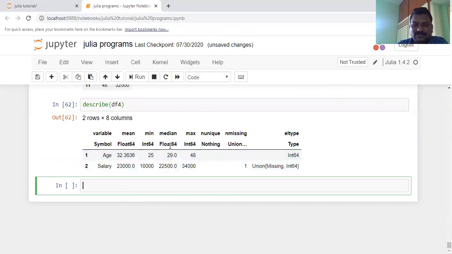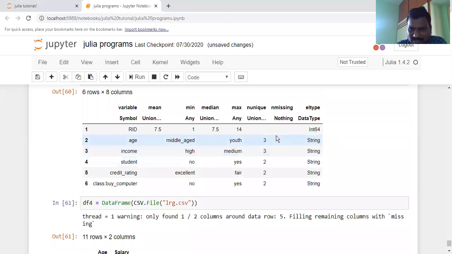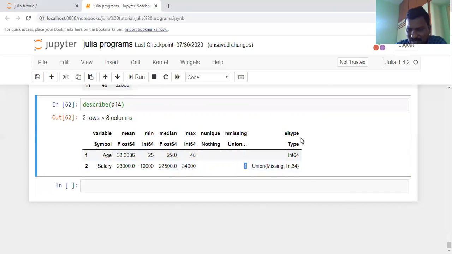Among the five, the middle value is the median value, then the maximum value, unique value. In this salary column, some information is missing. Previously that didn't happen. It does not happen for the unique count here. Here it has the missing value, and then the type, real, integer. In this way you will identify and perform on the missing information.